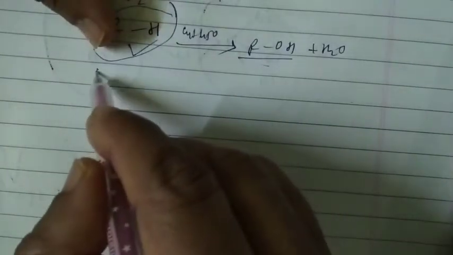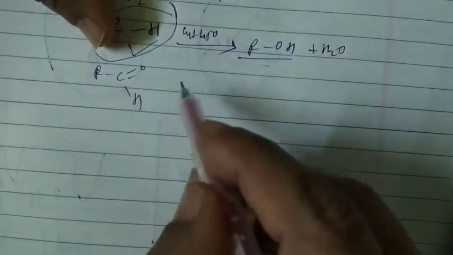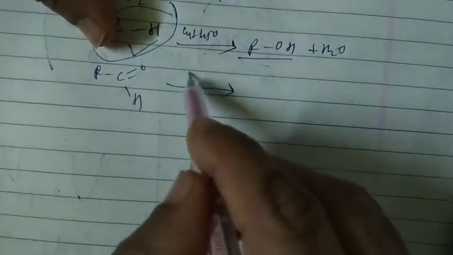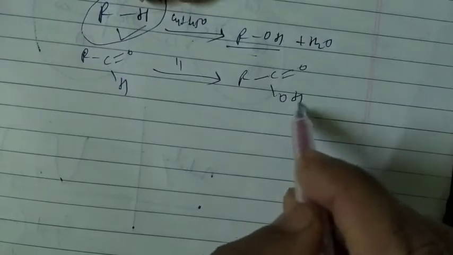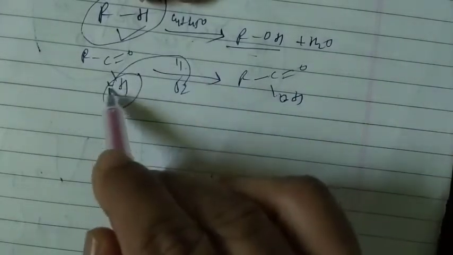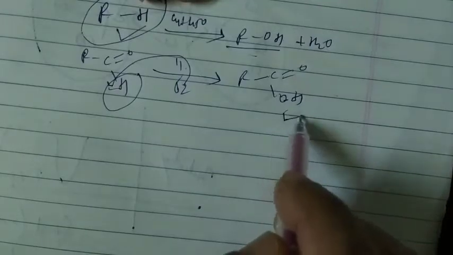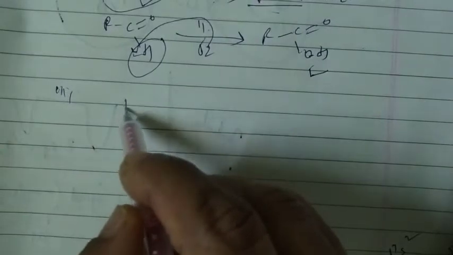Similarly for an aldehyde, if you take an aldehyde, C double bond O with H, again in the presence of cytochrome P450, the oxygen is introduced between the C and H, and you get the acid molecule. So from aldehyde to acid, C double bond O, OH. Then similarly, from alkenes you can show the third reaction. So we have taken all of these here.